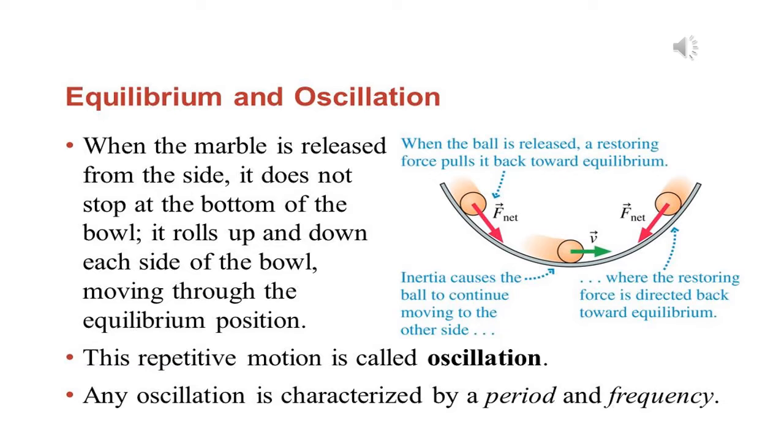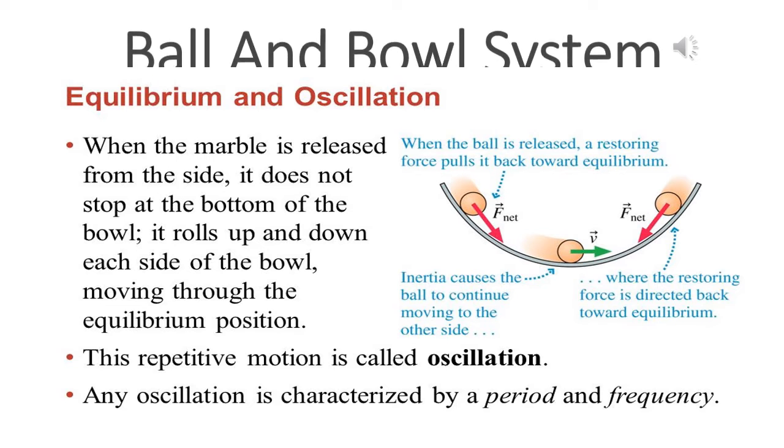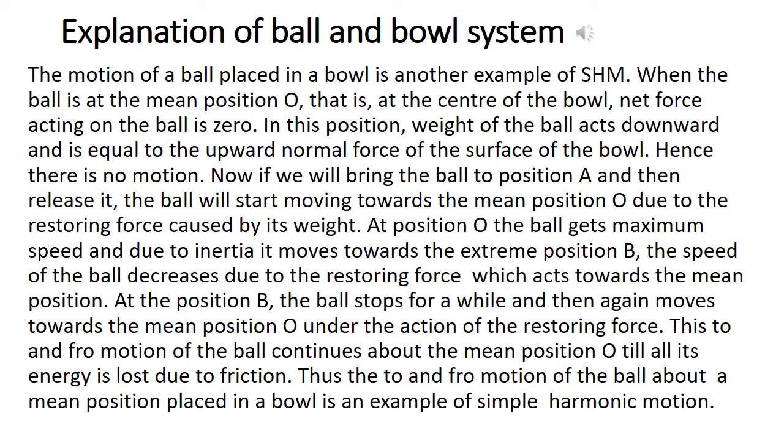It rolls up and down each side of the bowl, moving through the equilibrium position, and this repetitive motion is called oscillation. And you know very well what oscillation is. Any oscillation is characterized by a period and frequency. Now we will see in detail how the motion of a ball in a bowl is an example of